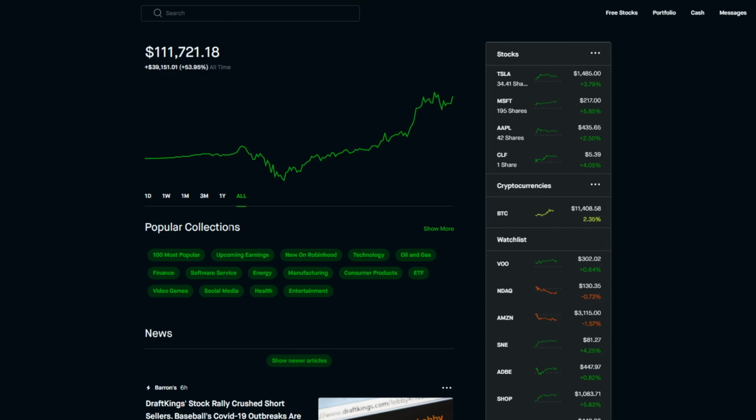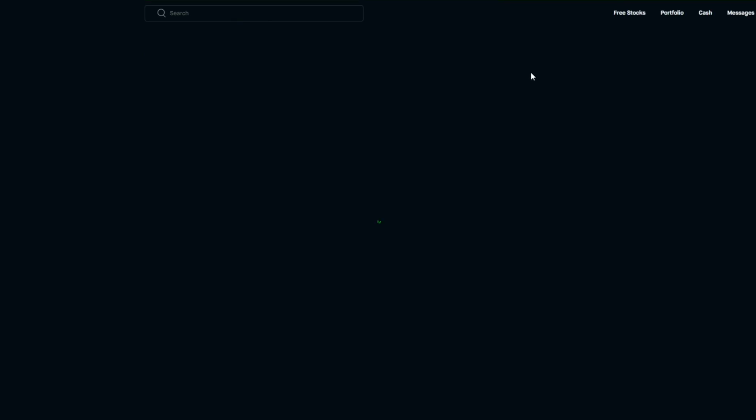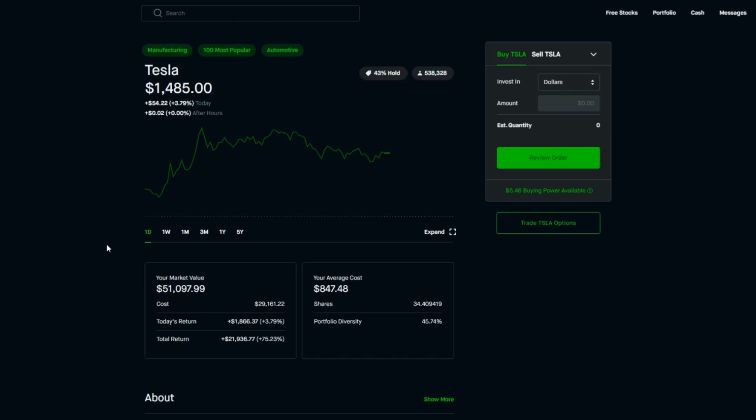So with all of that being said, we have to check out some of the gains for today that have led to this big increase just within the past year. Let's go ahead and check out Tesla stock, one of my big money makers for today. As you can see so far, we are currently at plus 3.79% or plus $54.22. We're just under $1,500 per share right now at $1,485. And for today's return only, like I said, plus 3.79%, which is equal to plus